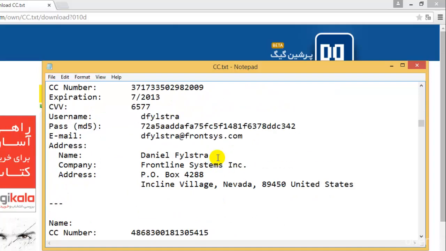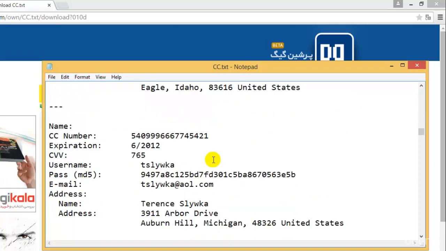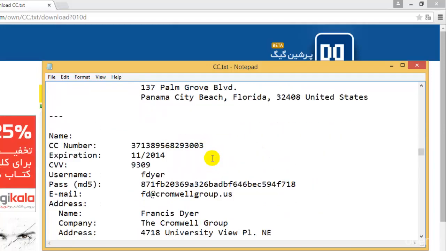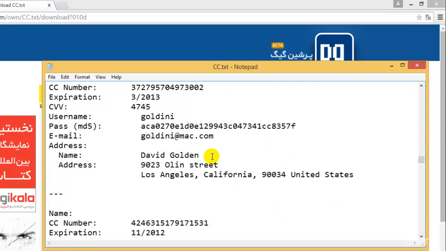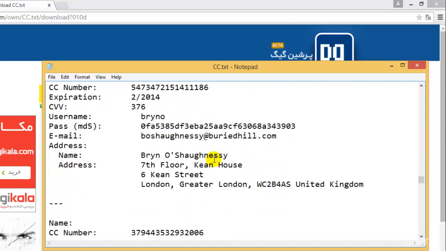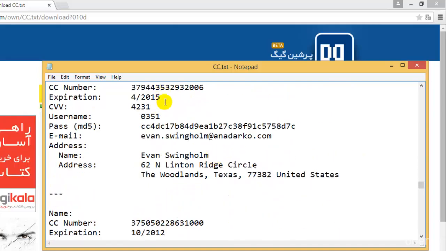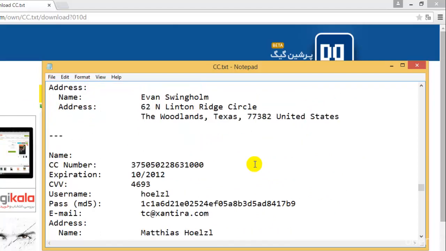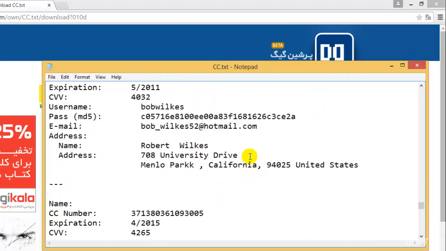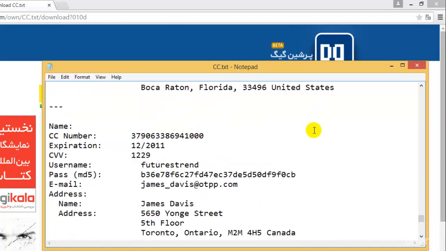If I am a random black hat hacker, then I would probably check which one is useful, and I will surely use this for malicious purposes. Let me check if I have any active one. Feb, March, April. This expired last month. It's the American Express card, and even this expired last month.